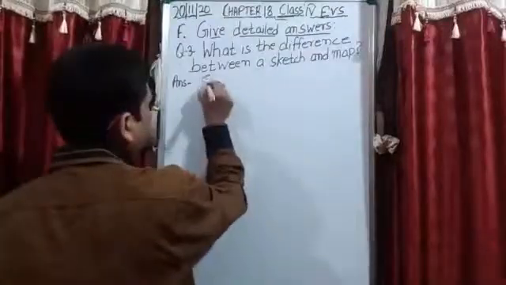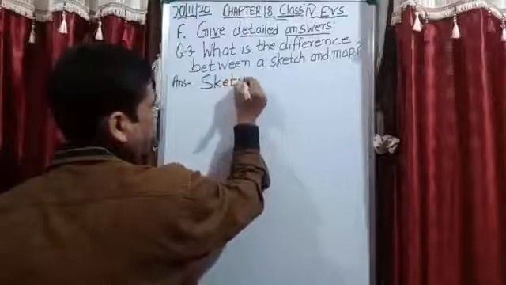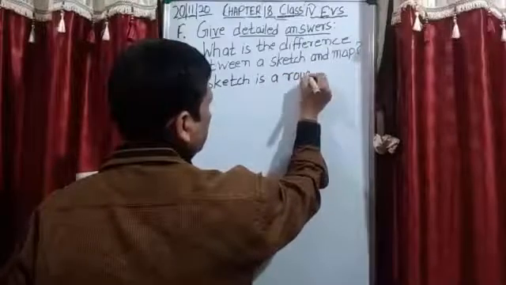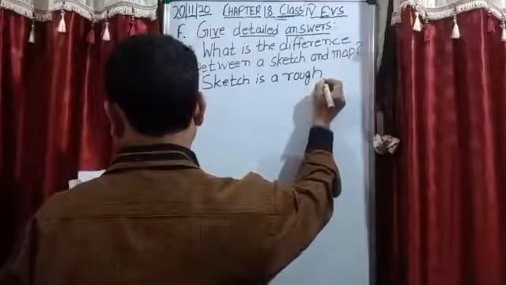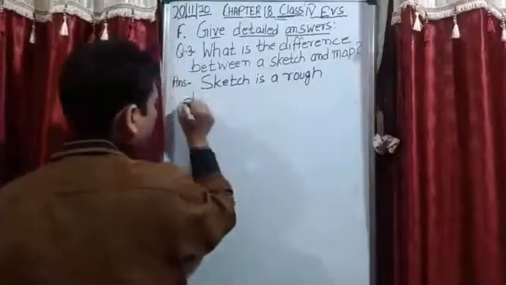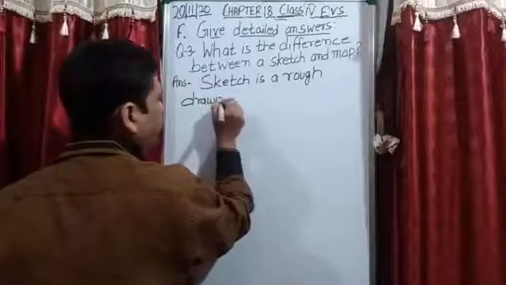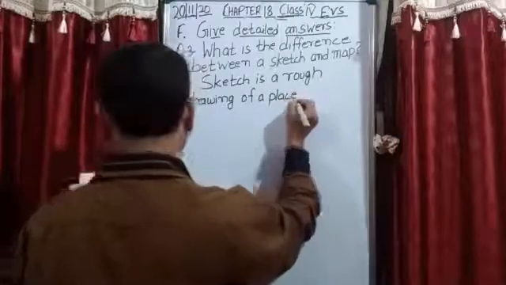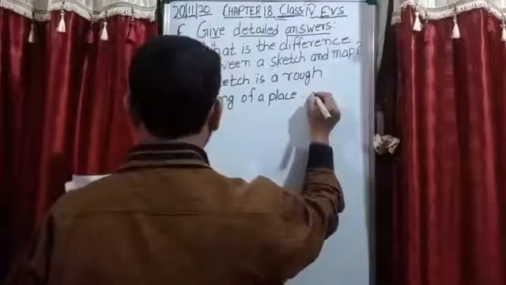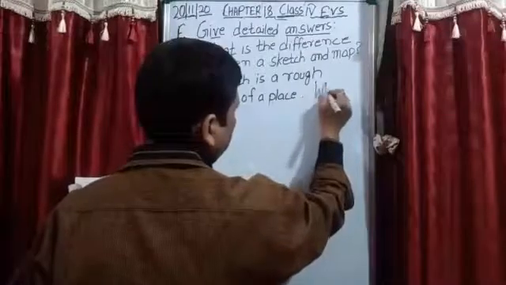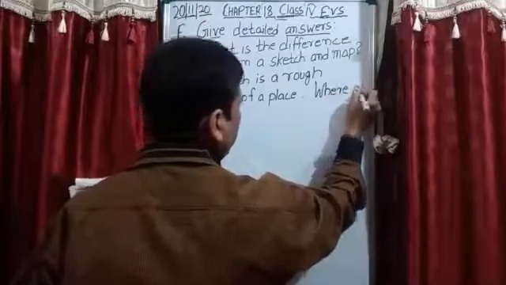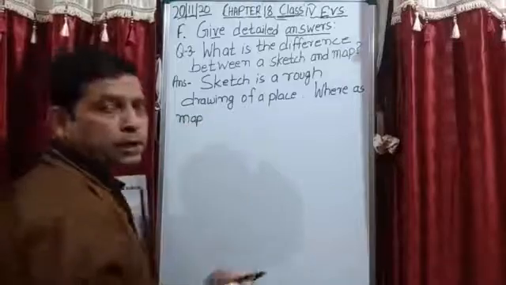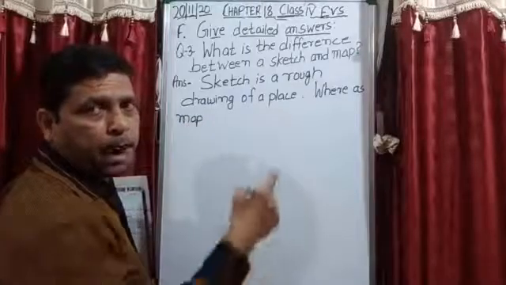A sketch is a rough drawing. A sketch is a rough drawing of a place. Is it clear? Whereas a map,